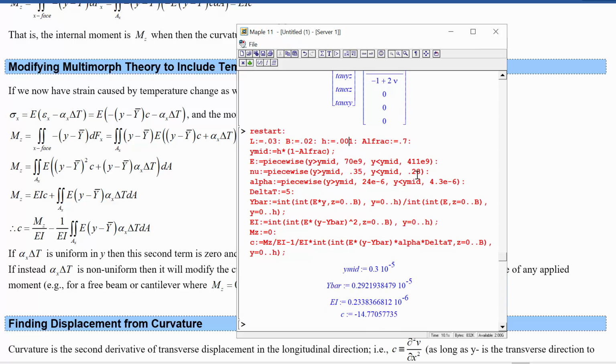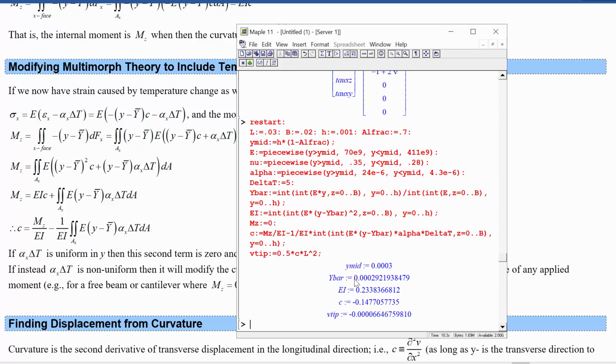Okay, finally, we just want to find the tip displacement with this, and the tip displacement is going to be 0.5 times curvature times the length of the beam squared. So for this particular beam, it's going to bend up by 66 microns,